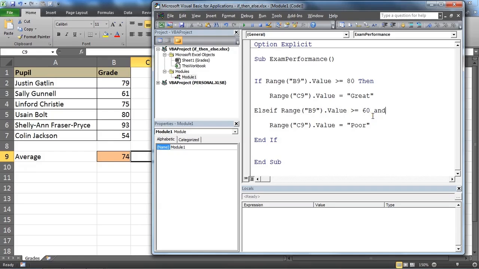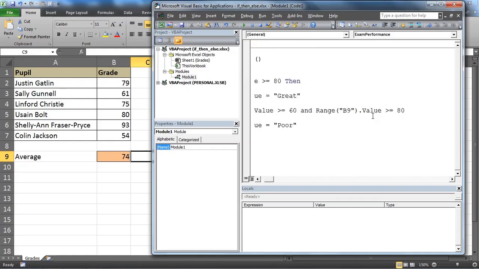So I'm going to write in the word and. Once again, doing if functions in Excel, and if you've taken our superhero course, you would know about the and and or logical functions from Excel. They're actually easier in VBA. They mean exactly the same. I'm using and to ensure that both conditions are met, but it's easier in the way that I just write the word and, just like that, and I follow it with the second condition,